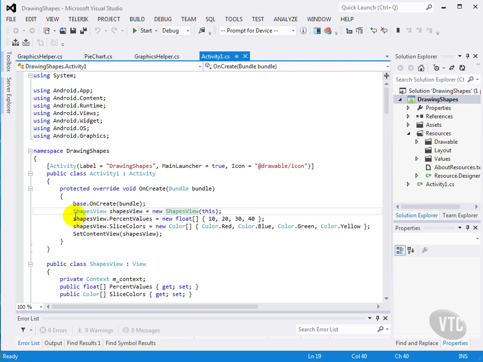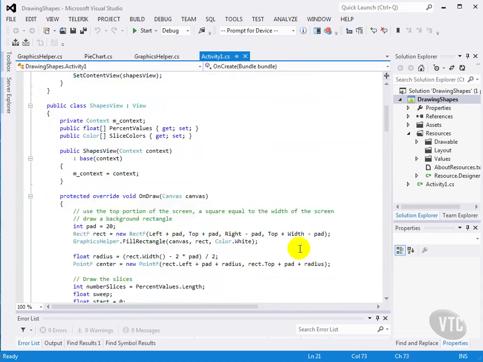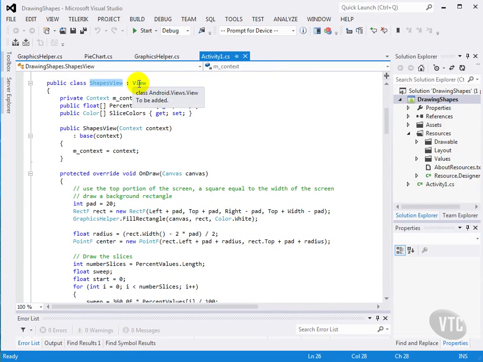In our activity, we're creating a shapes view, and that shapes view has properties for percentage values. These are the values of the slices in the pie chart, an array of slice colors, and these are going to be the colors of each individual pie slice. So our 10% value is going to be drawn red, our 20% value is going to be drawn blue. Our shapes view again descends from view, has members for the percent values and the slice colors,